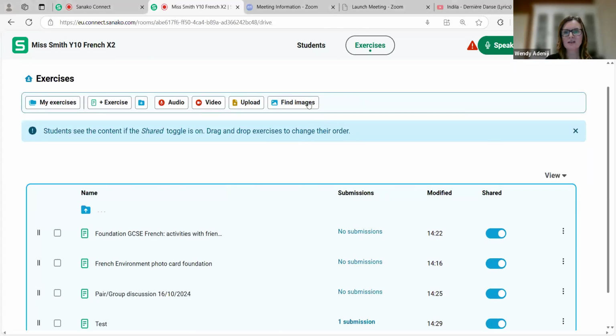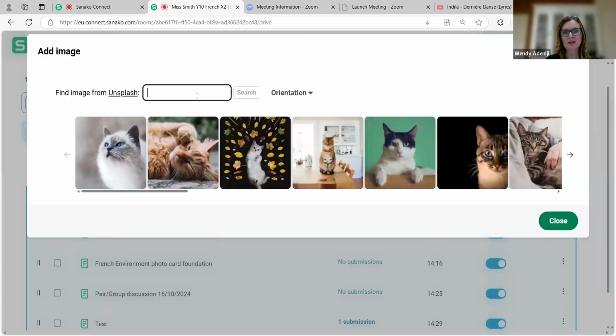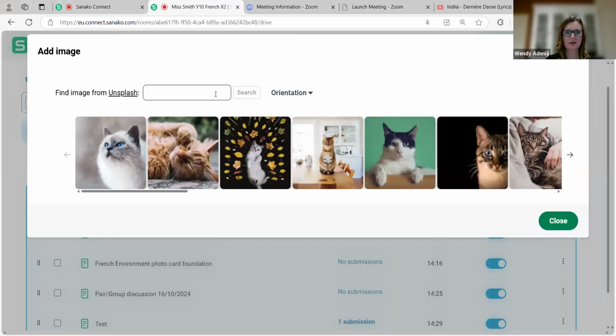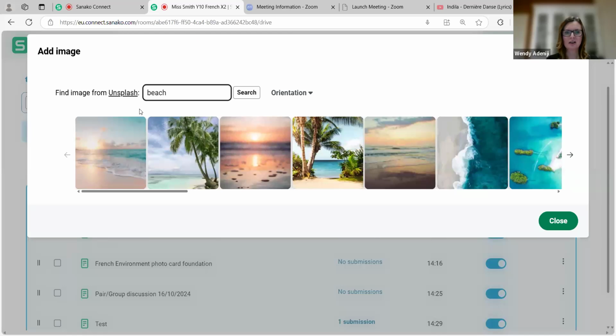If I go back to exercises now, I want to show you one final thing, which is a new feature of the Sanako Connect, where you can click on Find Images and you can type in a search term. But I think I just clicked on the wrong thing there. So if I type in the search term beach, press enter, I can then select beach, or if I want to put some people on the beach, let's see